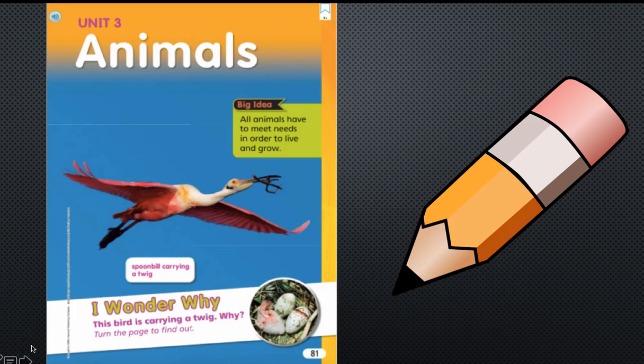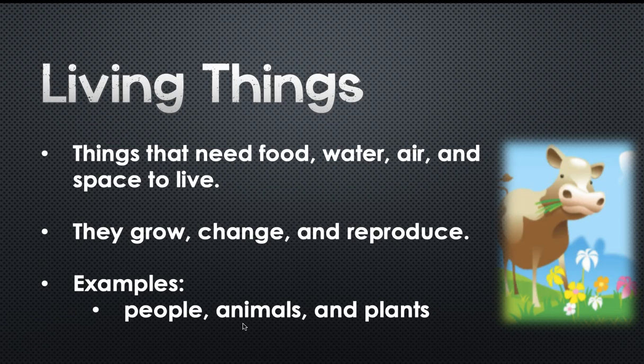Today we're going to start our unit about animals. Before we begin, pause your video to go grab your animals booklet and a pencil. Today we will focus on the vocabulary words or important words that you will need to know in order to